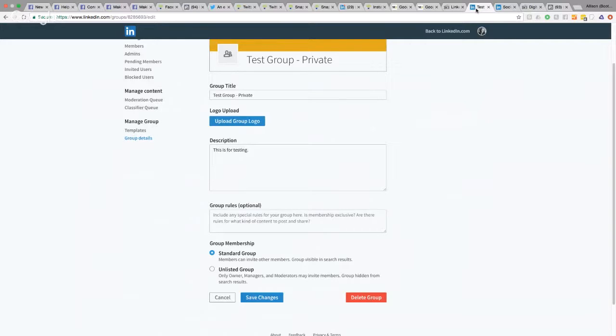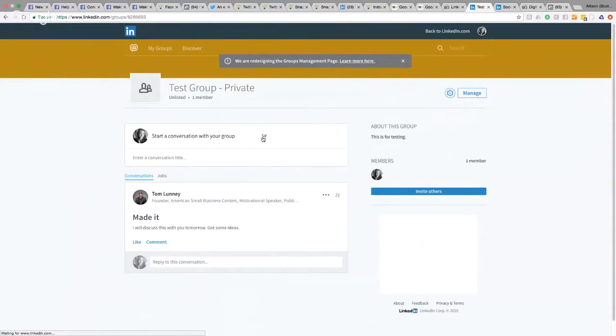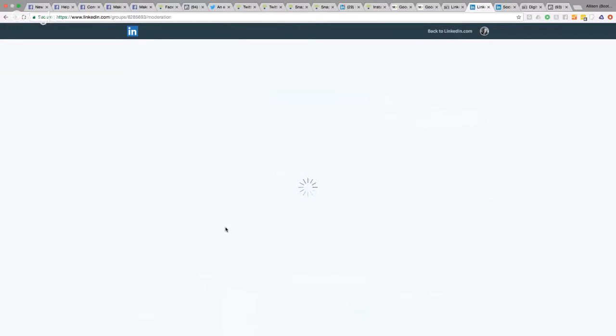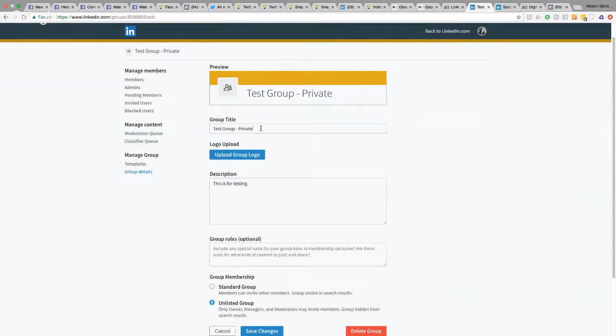First of all, you can optimize your description of the group, and you can use keywords. As you manage your group, you can add a description and all kinds of keywords. In your group details, you can add a title that has keywords in it and a description. And because it is a standard group, if you change to a standard group, it becomes searchable. So if you want people to find you, maybe you're a social media marketing group, then you would use social media marketing in the description.